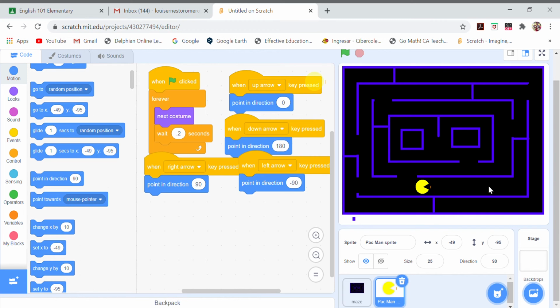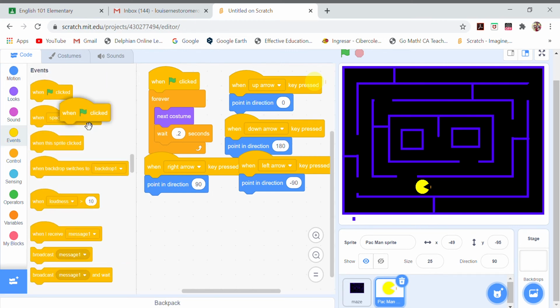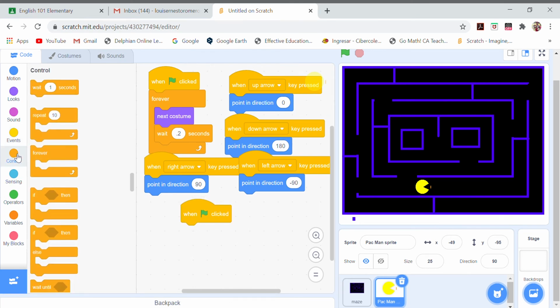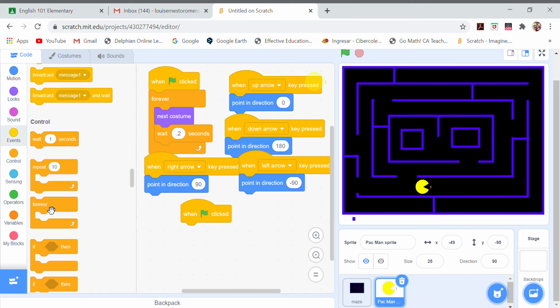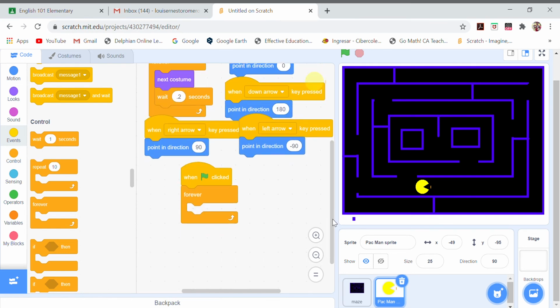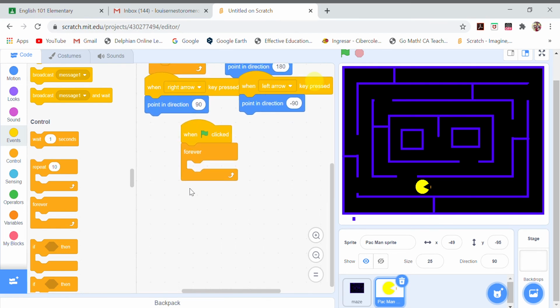Okay, good. So in order to give movement, in order to not cross the walls, we're going to start with a new control, and we're going to start with events. When clicked, then we're going to go to the forever loop. Love this one. It's going to happen over and over again, and then we're going to create a cause and effect. Let me go a little down here. A cause and effect option, which is